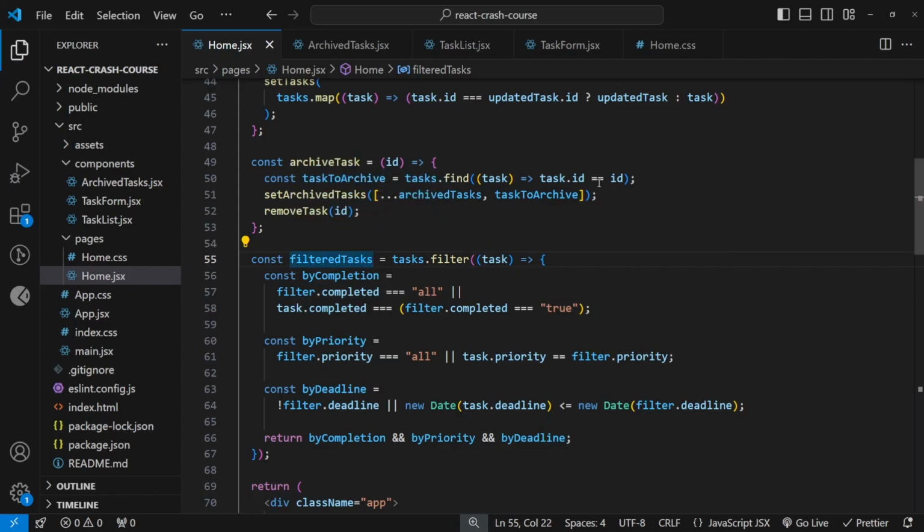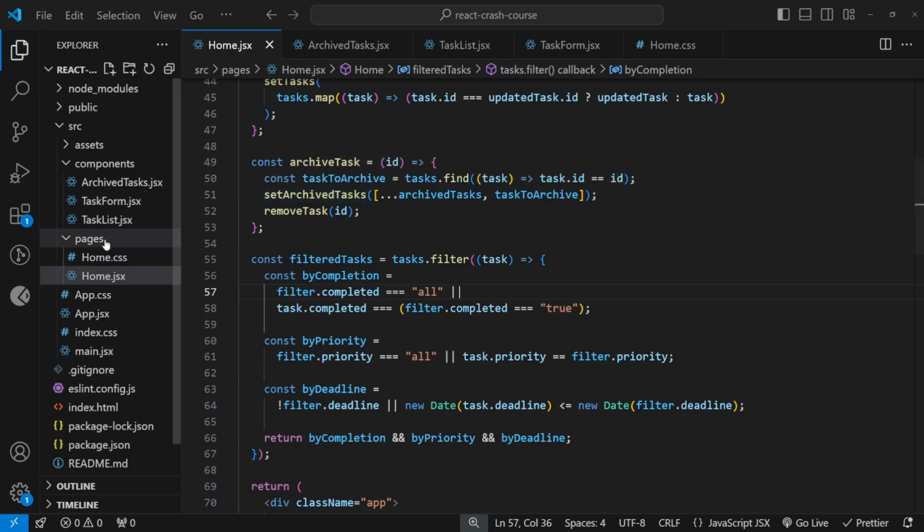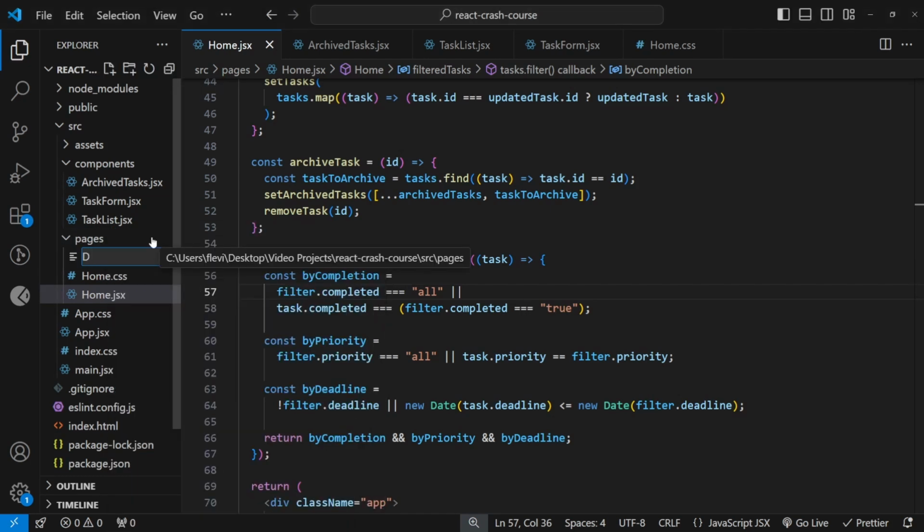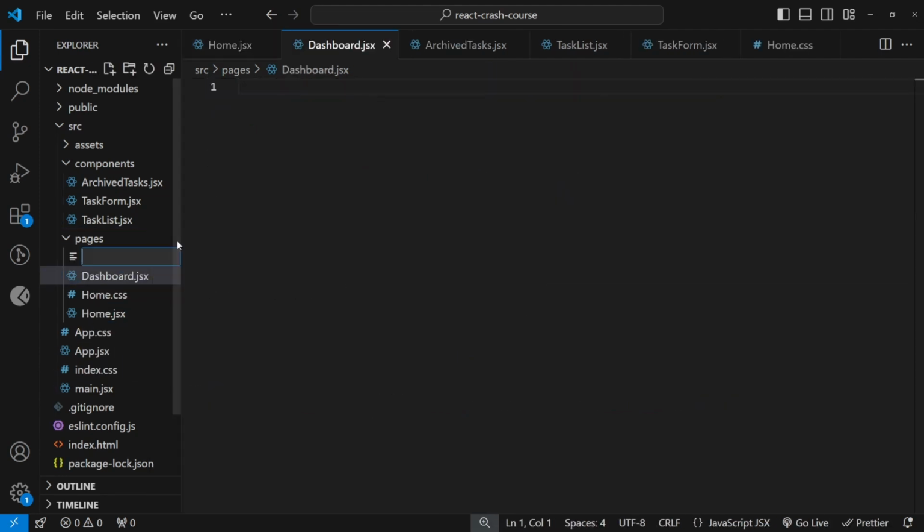Next we'll talk about package installation and the usage of ChartJS a little bit because we'll be creating a separate component. So the next component I'd like to work on is going to be the dashboard page. This dashboard page will be needed so that we can learn about routing. I can show you how to route to that page, but it will also show you how to install the ChartJS packages and work with that. So in the pages, I'll create a dashboard.jsx component and I'll also create a